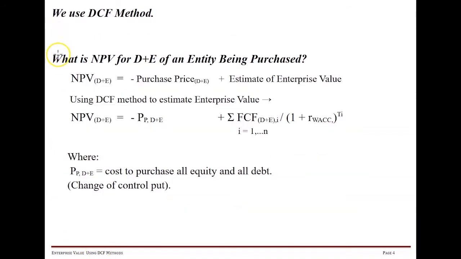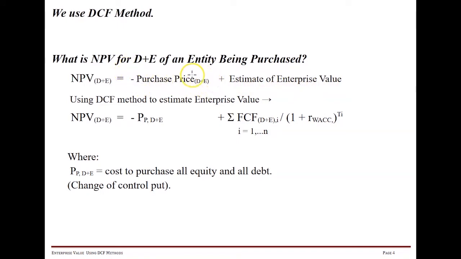So using our DCF method, we're going to be interested in, as is often the case, finding the NPV for a project where the team of lenders and shareholders get together to value an entity. So we'll want to know what's the NPV for this team. So in general, the NPV to the team for this potential project is going to be our estimate of the enterprise value using DCF methods, present valuing every cash flow,